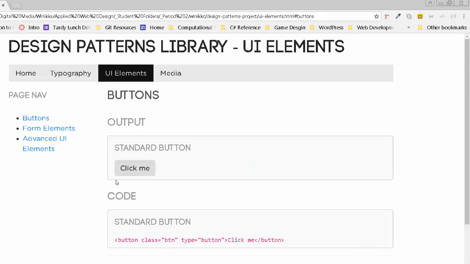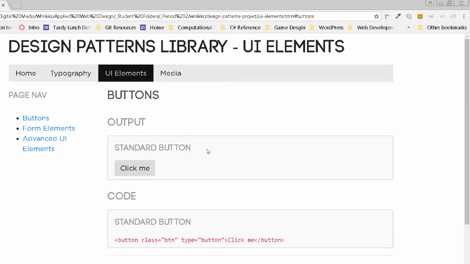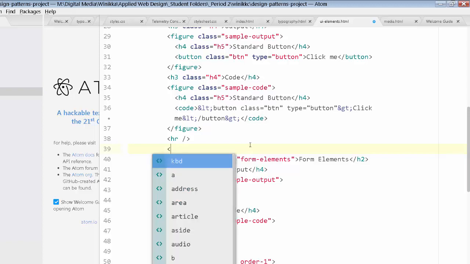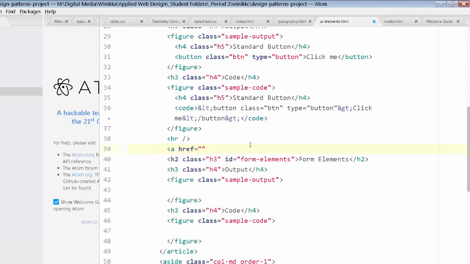The other thing you may want to do is have in between each of these, notice how you have that little line? You might want to have a little tag that's an up that clicks back to the top of the document. So I'll show you how to do that. That would be a handy thing you want to put in each of yours. So after the horizontal rule, or right before it, it's up to you. You can create a hyperlink. Now I'm going to put a hashtag. I'm going to click here,